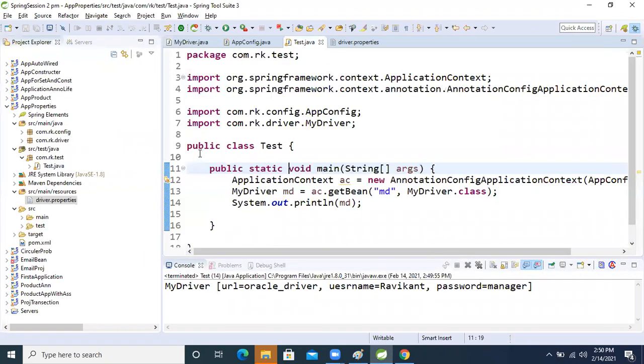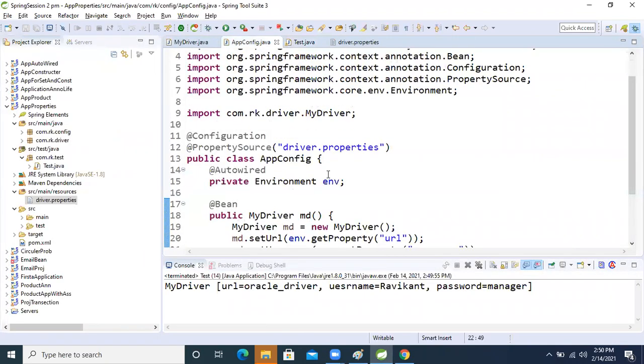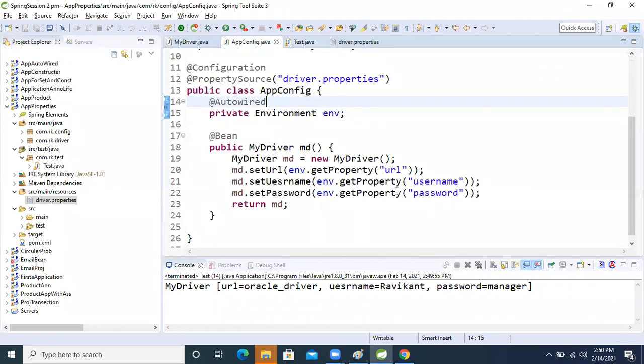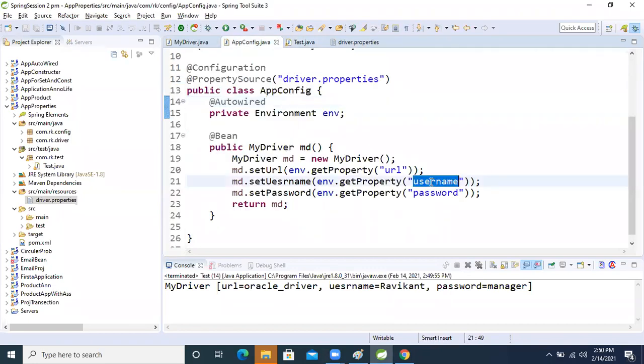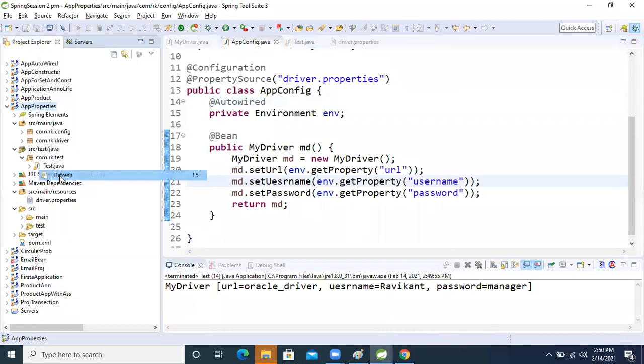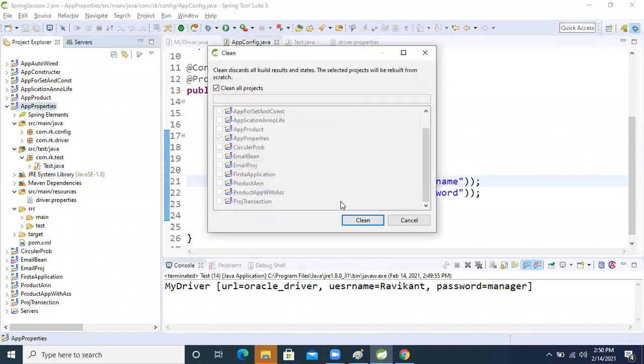It's checking our patience. Come to the property file, copy this one, come inside. Okay. Now clean, refresh the project. Now again clean the project.